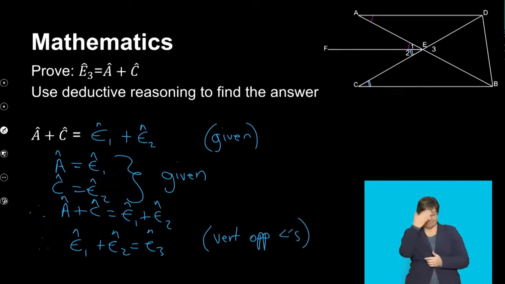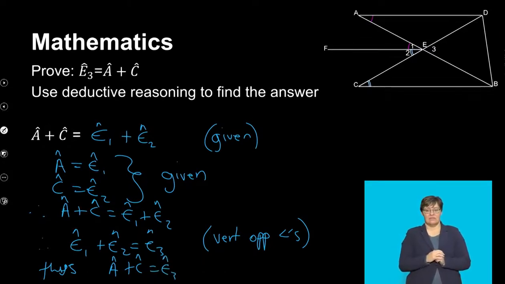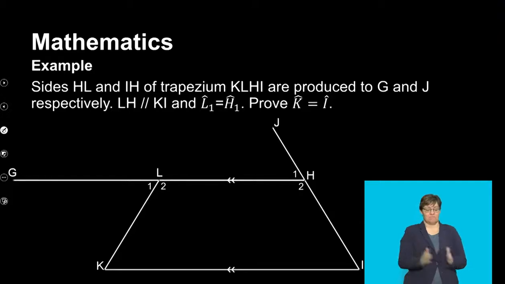Now, do you understand what this means? Thus, which is what I now want to conclude, I will say that A plus C is equal to E3. And you wouldn't really need a reason for that because it's part of the reasoning that we were talking about. Now, another type of question that we have here will be, if they say sides HL and